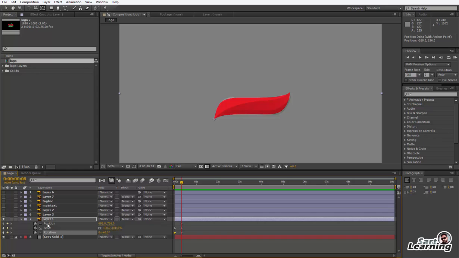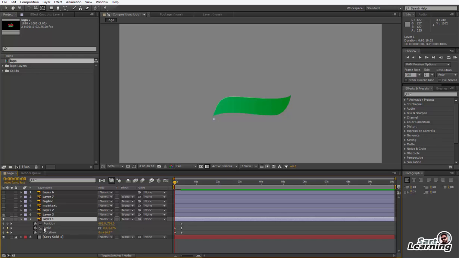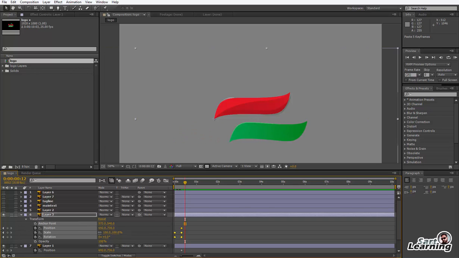Okay, for the green object I take the same animation. So press U and select all the keys, copy them and open the transform part of the other layer and paste. Now both animations are separate, but the problem is that I did not move the anchor point first.